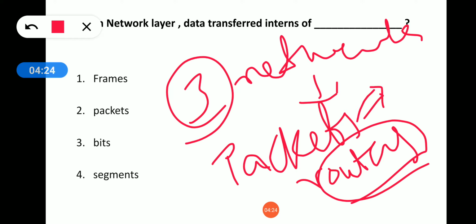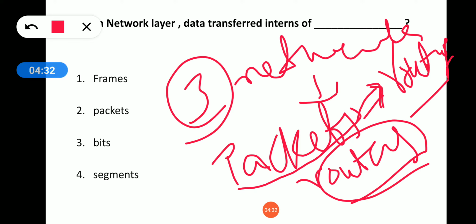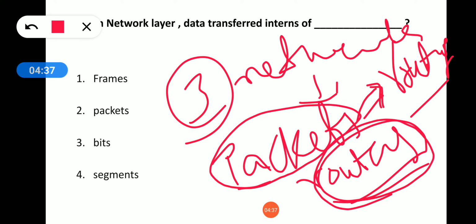And what is the main functioning? Routing. These three are the main questions: how data is transferred in a particular layer, what devices are present in that layer, and what is the use of that layer. These three are the main concepts used to ask from this topic.